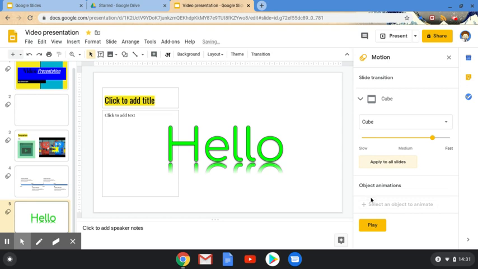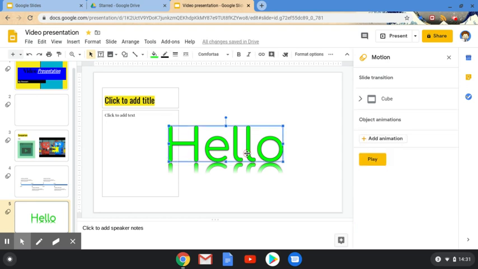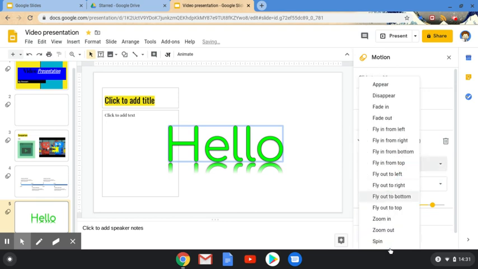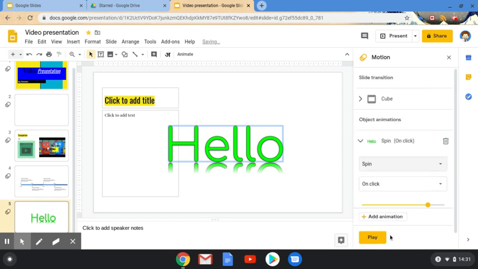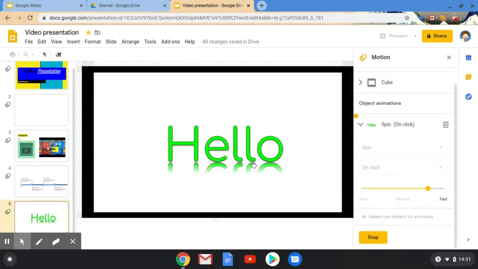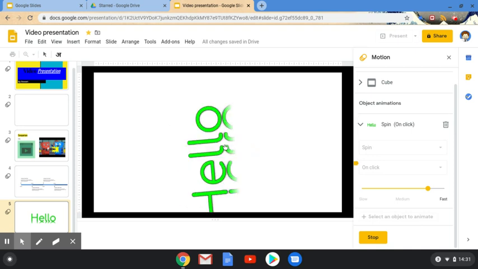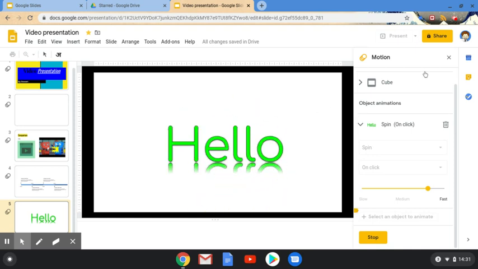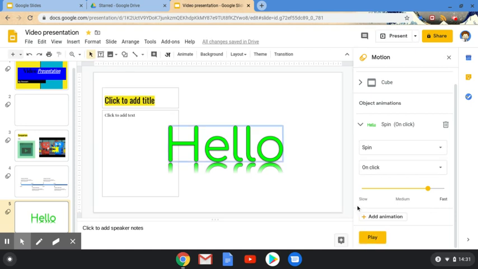You've also got object animations. So if I click on here, I can then click add an animation and can choose it to spin in. And then if I press play, you'll see that this is how it moves to it. And then when I click on it, it spins around. So you can add all these things that you'd normally find within PowerPoint, works the same with slides. When I'm happy and I want to present this